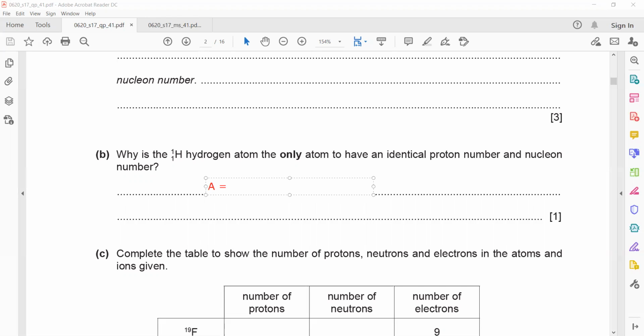Nucleon number is a sum of neutron plus proton, and atomic number is equal to the number of the proton. So in case of hydrogen, neutron number is 0. If neutron number is 0, then nucleon number is the same as the proton number. So the answer here, because there is no neutron,